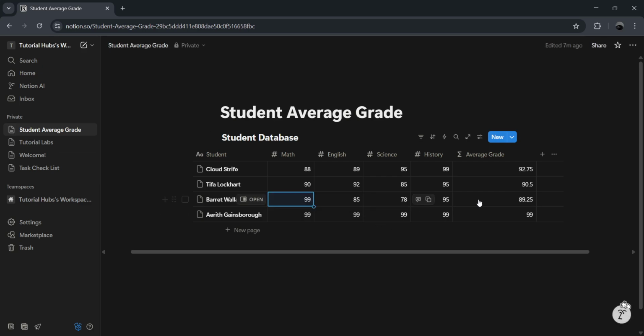scores. One last thing to keep in mind: if you ever add or remove subjects from your table, you'll need to adjust the formula divisor accordingly. For example, if you add a 5th subject, you'd change the divisor from 4 to 5 to maintain an accurate